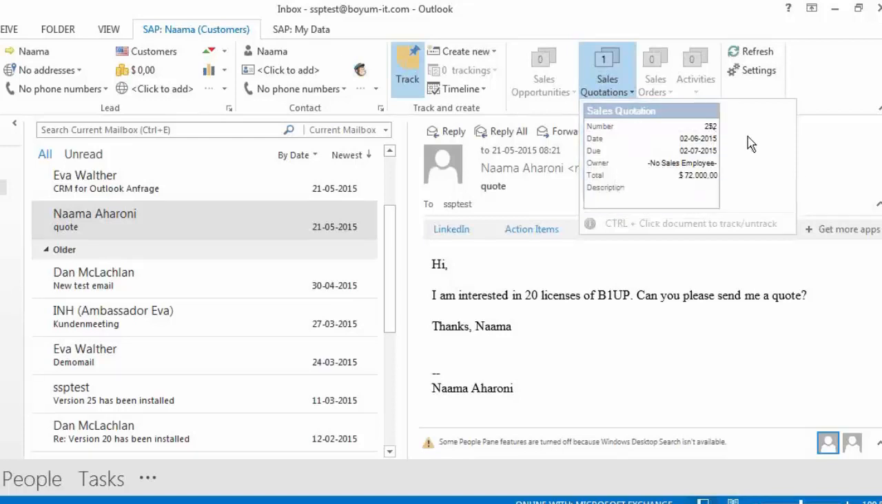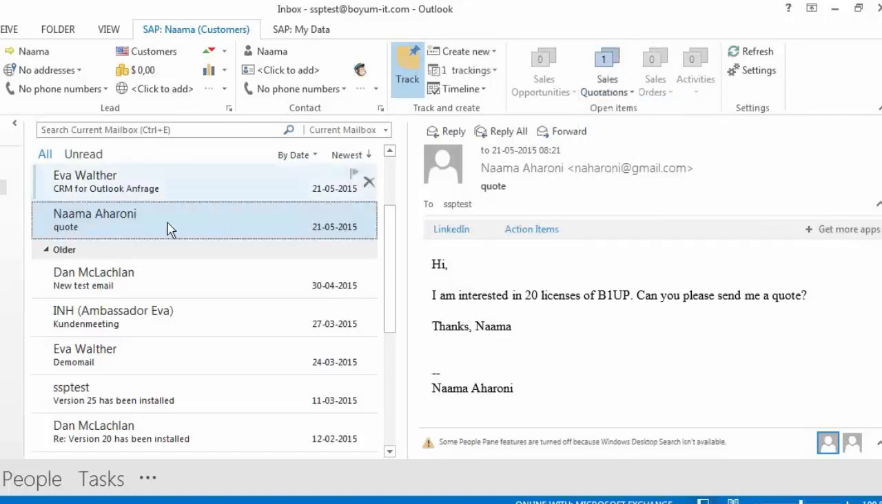And as I mentioned, there is no search that needs to happen in SAP Business One. We're going to see it in a second. So I get a sales quotation. Again, I can go and I can track it to the email. So when I do the tracking, then the quote